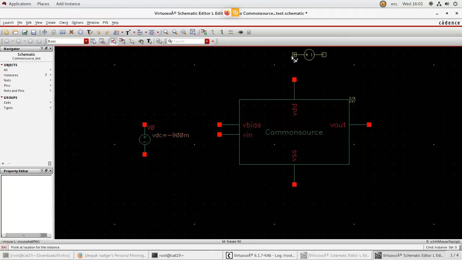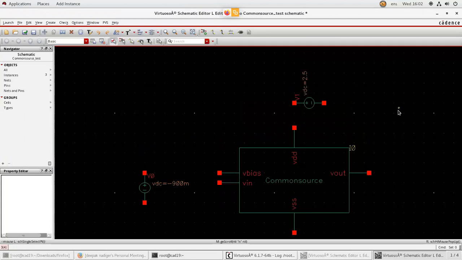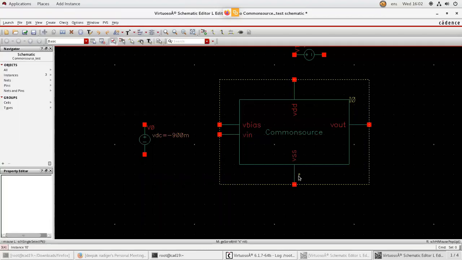Press R, and if you press R, it will rotate. You can rotate how much ever you want, and place here. Okay. So now you have placed 2.5 volts to your VDD. Next, VSS.